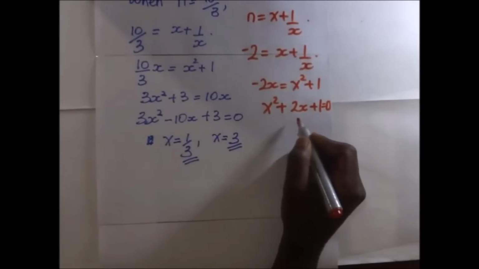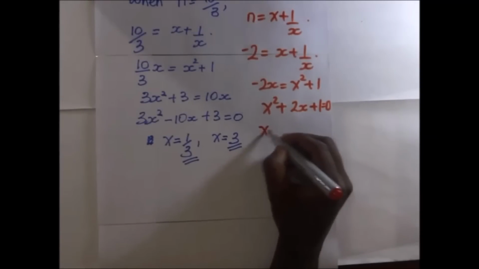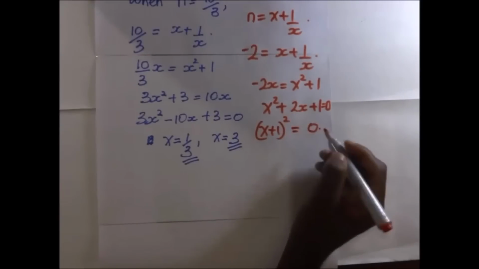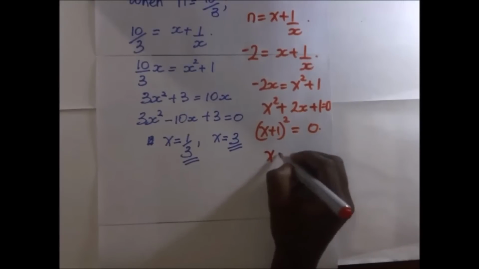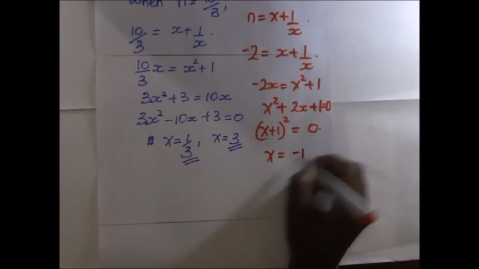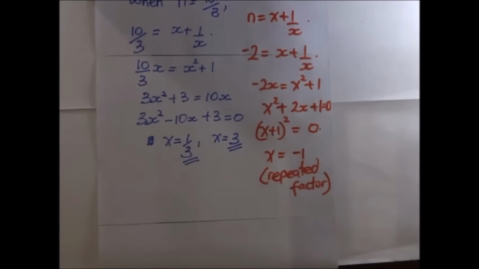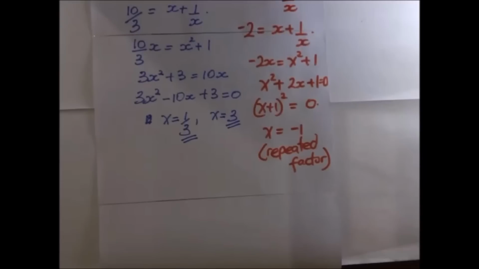From this quadratic equation we find that x plus 1 is equal to 0. So x is going to give us negative 1, and this is a repeated factor. So for our polynomial in the question, the values of x are going to become